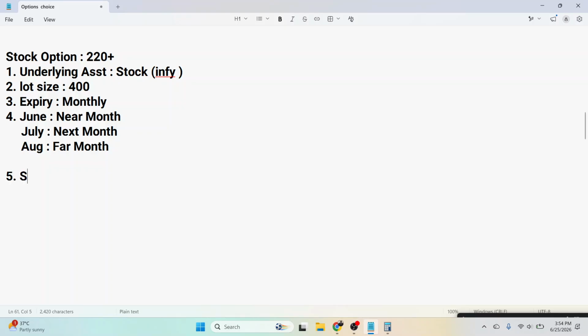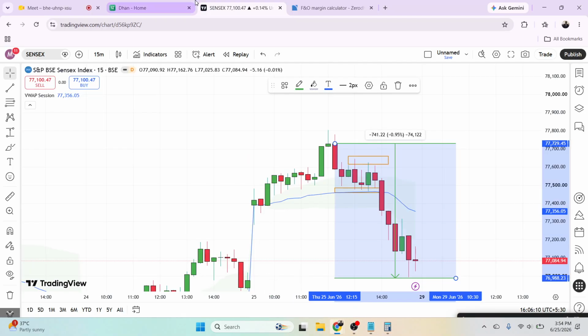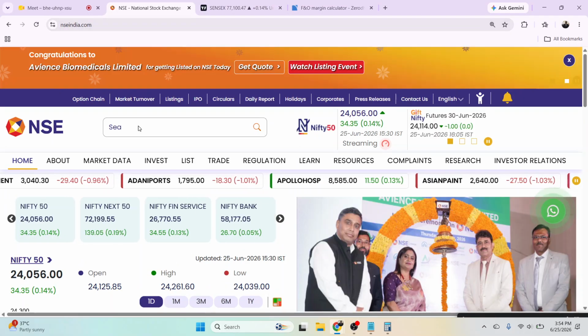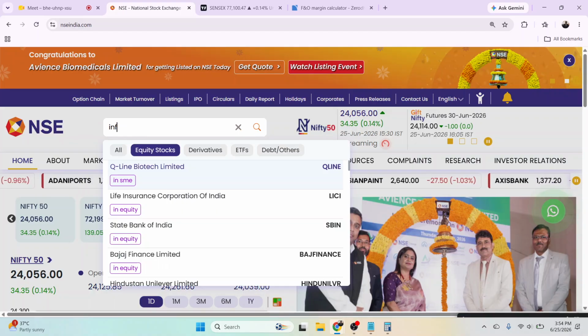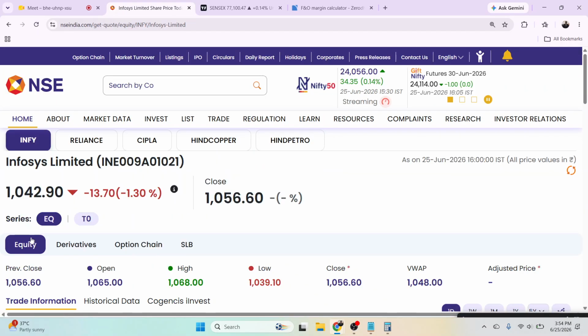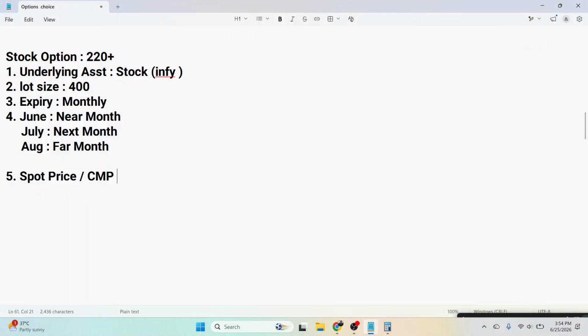फिर अगेन जैसे हमने बताया था, इसके अंदर भी क्या होगा, स्पॉट प्राइस होगा। स्पॉट प्राइस मतलब सीएमपी, अभी सीएमपी क्या चल रहा है इन्फोसिस का, वो यहाँ पर हम देख सकते हैं। एनएससी की साइट के ऊपर जाना है आपको, ठीक है। और यहाँ से हम टाइप कर लेते हैं इन्फोसिस, ठीक है। तो जैसा आपको बताया था, लाइक दो तरह की आपकी मार्केट है, एक इक्विटी मार्केट और दूसरी वाली ये है आपकी डेरिवेटिव मार्केट, ठीक है। तो इक्विटी में इसका प्राइस चल रहा है